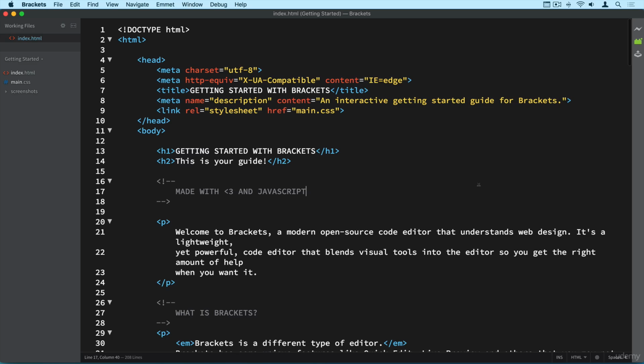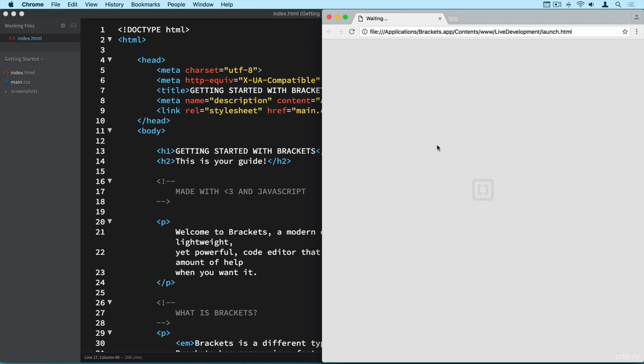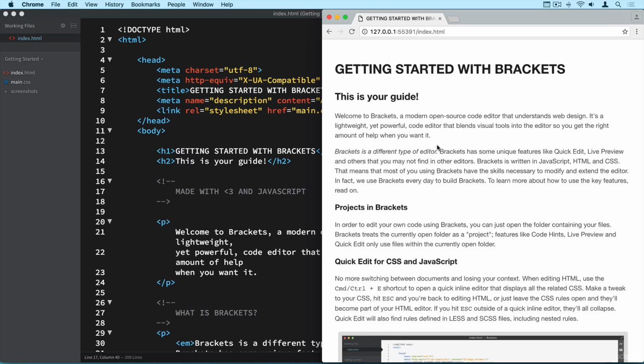So let's close this, and here in Brackets we can hit this icon, and then it opens the browser with the web page that we're currently working on. So we're going to write our code here in the text editor and then run it in the browser in here. And in my case, the browser that I'm using is the latest version of Google Chrome. But once again, you can use another browser if you prefer, like Safari or Firefox, as long as it has